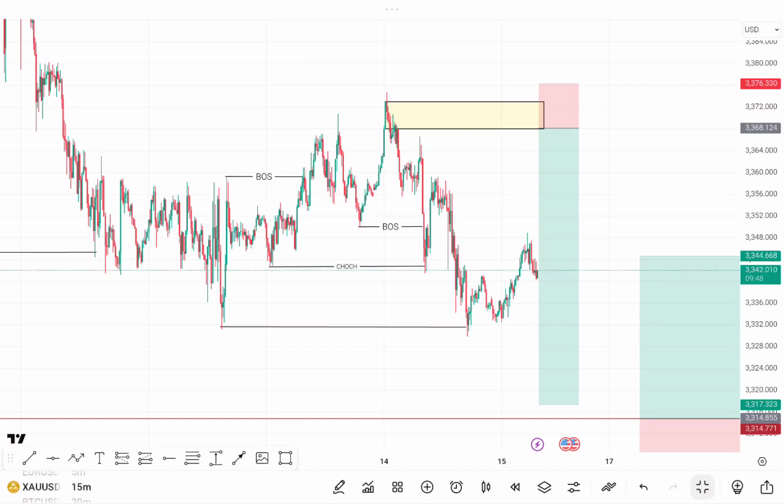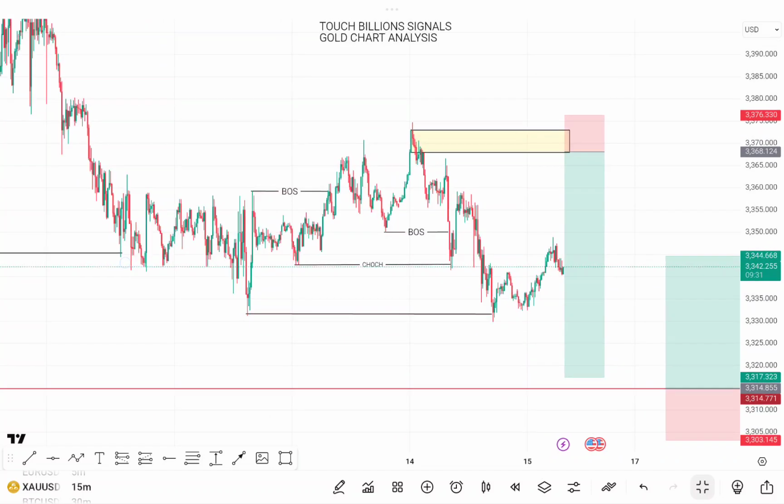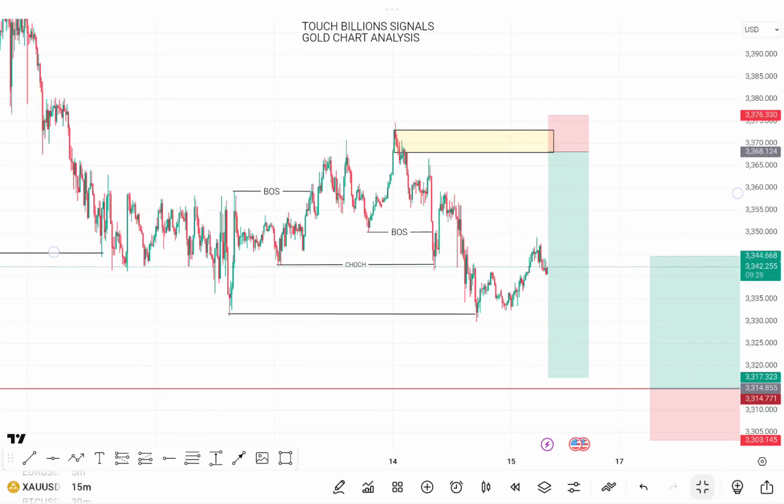That's 3362.125 on gold. 3368.124, that's an entry on gold. Then your stop loss a little bit higher above that. So this is what I'm looking at in terms of what the market would do,